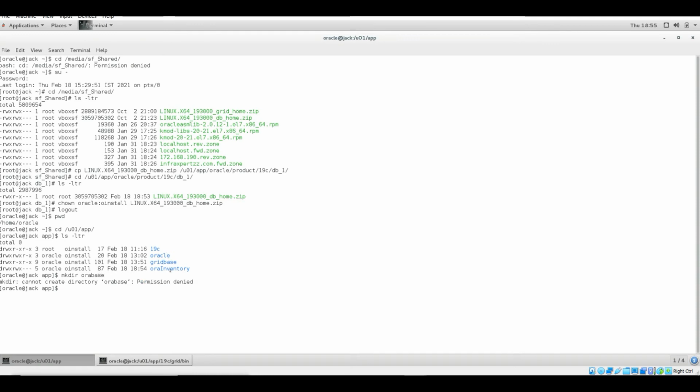I'm not having permission, because this is owned by root. Let me go to u01 app, mkdir ora base, and change the ownership of it.